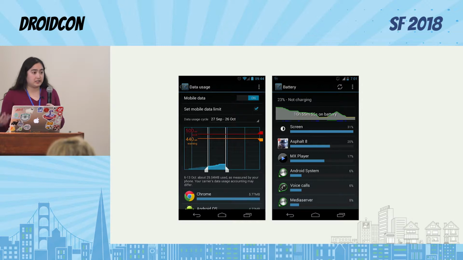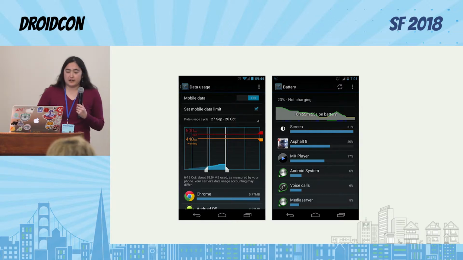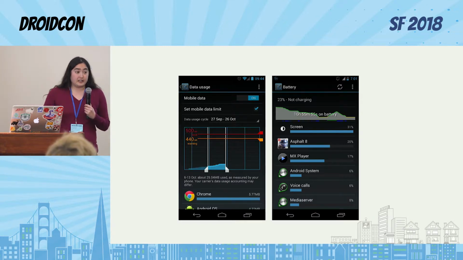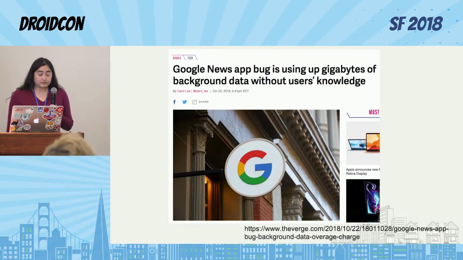Similarly, battery usage is a concern. I won't talk about this as much during this talk, but the way that you send network traffic can have implications on battery life. So you have to worry about the fact that you're running on more resource-constrained devices than other types of developers have. This is a problem that other types of developers don't necessarily have to think about in the same way.